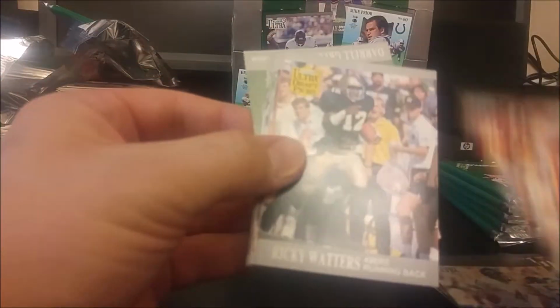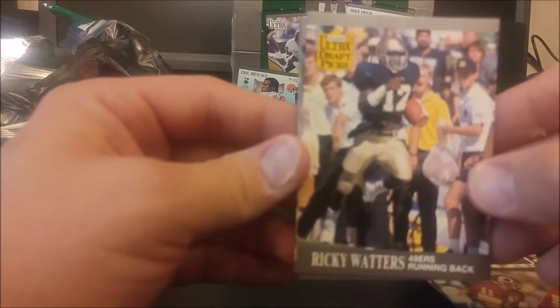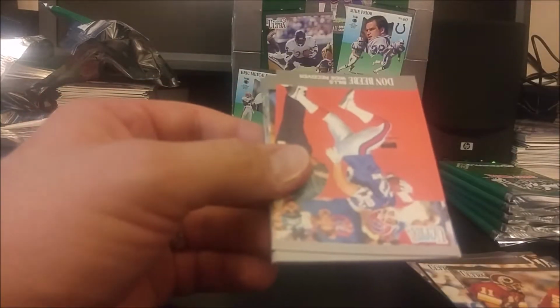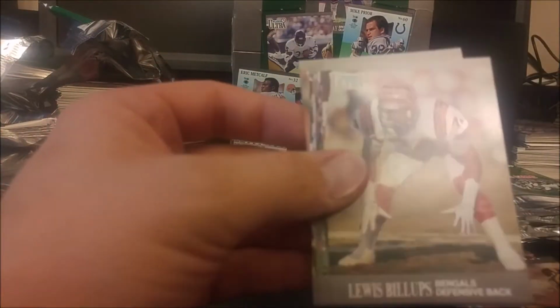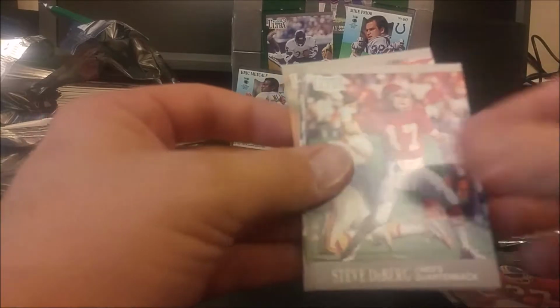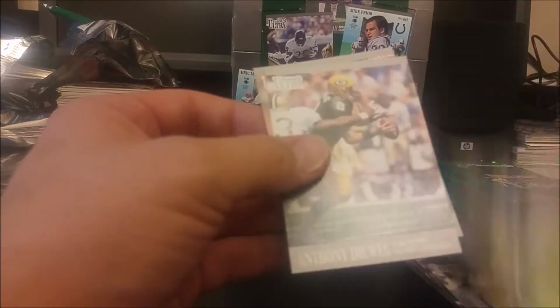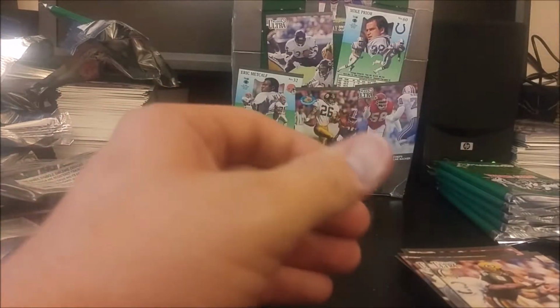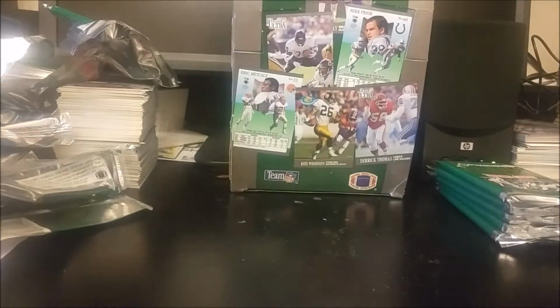Jeff Bostic. Oh, there we go. Ricky Watters. I know it's not worth much, but I loved Ricky Watters. Haven't got that one yet. Don Beebe, Ray Childress, Marcus Allen, Lewis Phillips, Steve Atwater, Steve DeBerg, Gary Anderson, Marion Butts, Brian Blades, Neil Anderson, Dilweg, Terrell Buckley. So I blame the Watters. It was the mojo I was feeling for Favre. So